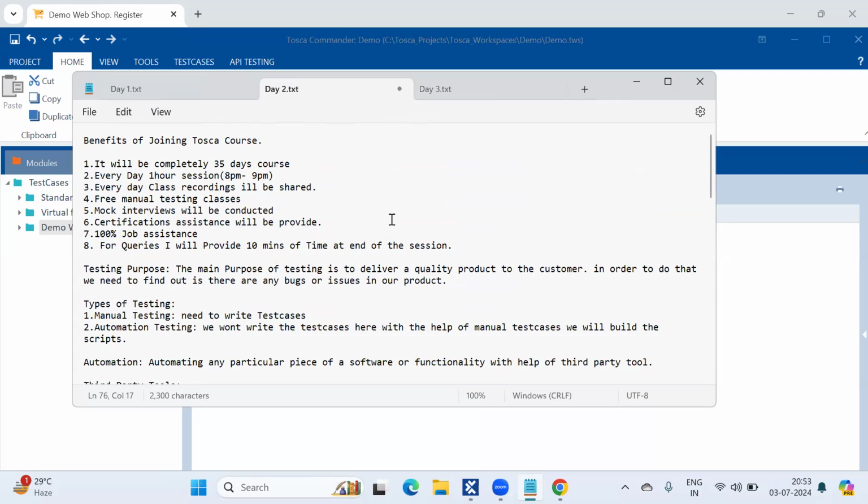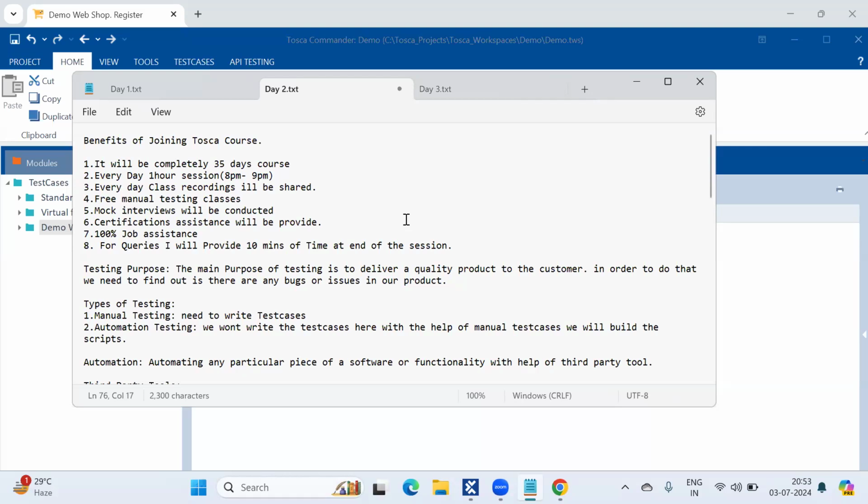And I want to highlight one thing. This is the third day of the demo session. By this day, we have completed all our demo sessions. The people who enrolled in this course, who have completed the registration process and are going to pay, will only have access from tomorrow onwards. From tomorrow onwards, the link will be changed. Those who have registered for this course will only have access to this.